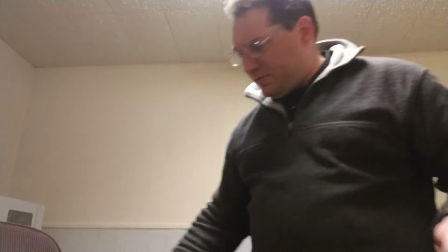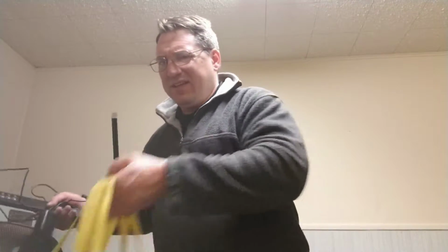And I got Teflon tape. I was debating on using it, but I'm not really convinced. People have been, I guess, using it to keep filament from leaking out of a heat break and a nozzle at the top. I'm going to tell you right now, that's probably a really bad idea. I know people have done it and I've seen it being done, but meh, I wouldn't do it. I'd heat it up, tighten it, let it cool down, and then hope for the best, right? So, yeah, don't use Teflon tape on 3D printing nozzles